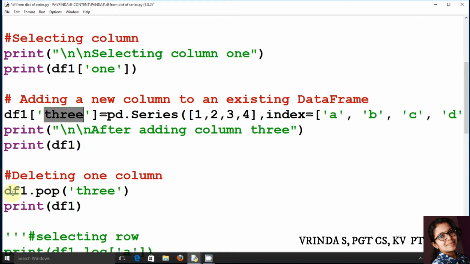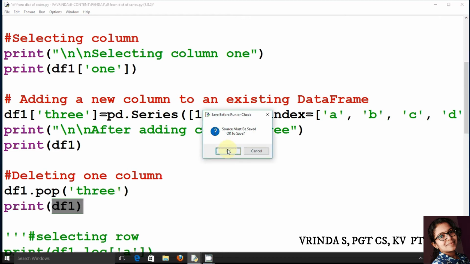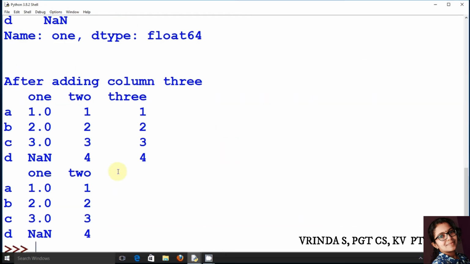And if you want to delete, then you have to use the function pop. Which column do you want to delete? If you want to delete the column with the heading 3, it will delete it. And if you display, it will show you only the earlier 1 and 2 column values. The third column will not be there.